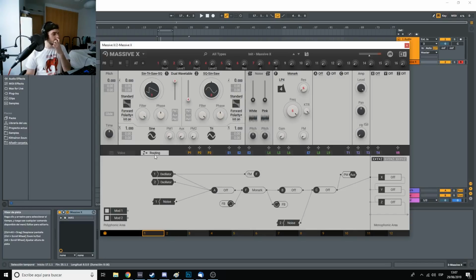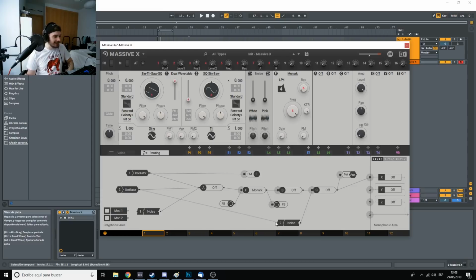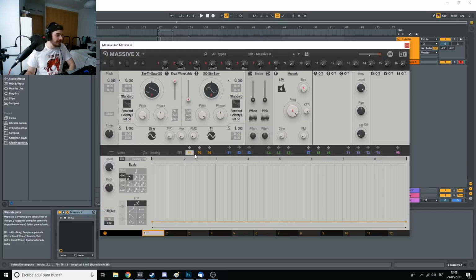We have routing, which is actually, when I saw this, I was like, oh my God, this is so cool. You can actually drag and drop the modules you're using, and then you can click here and do it like that, and then remove this one. So you can route it in this drag and drop way, which I think is amazing actually. Then we have